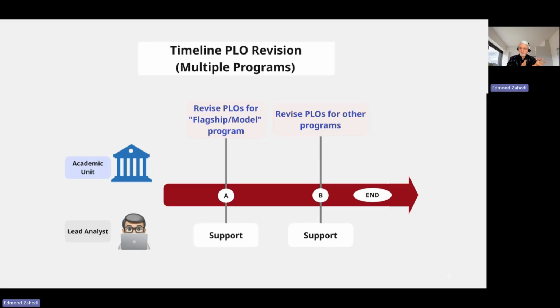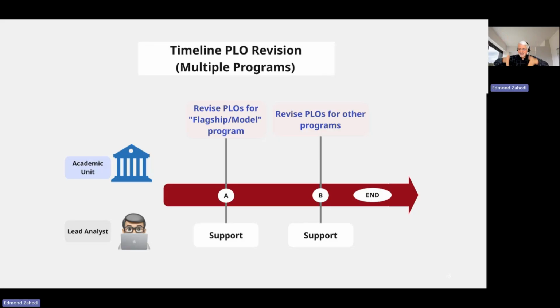Once this is done, I let you do the revision of the PLOs for the other programs because this is not rocket science. Once you have this, the programs are not going to be very dissimilar. There are lots of overlaps. Remember, for 2 programs to be different, they need to have different PLOs. But this difference can start with 1 PLO of difference between program 1 and program 2.